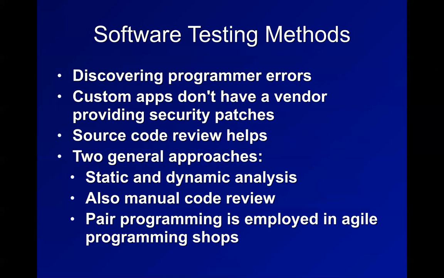All right, so then you're going to test your software, of course, that you're developing. Your programmers are making errors, and your library code has errors you're inheriting from the supply chain, and you have to somehow cope with all that. So you can do static analysis on the code, or you can do manual code review. And another thing a lot of people do is pair programming, where two people work together. So hopefully one will catch the mistakes, the other doesn't.